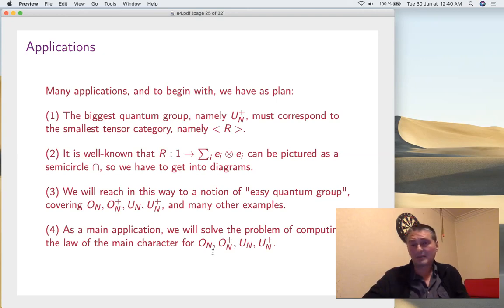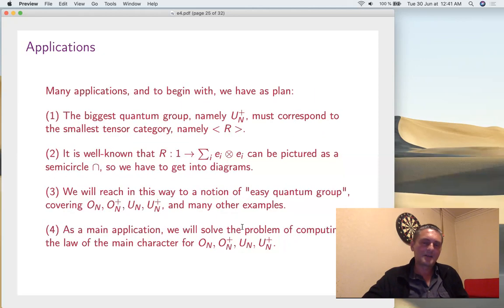So how to do that? Well, once you know the category, you just count the dimension of the hom spaces. That's the moments of the measure, and you recapture the measure afterwards. Standard probability techniques, so it is very straightforward. I mean, just don't bother with U_n^+ Tannakian right away. It's the category generated by R, and someone must tell you that it's a semicircle. You have to look into diagrams. You can do it without diagrams with spherical algebra. So yeah, diagrams, and then with these diagrams, you can do a lot of things. Okay, that's the idea.